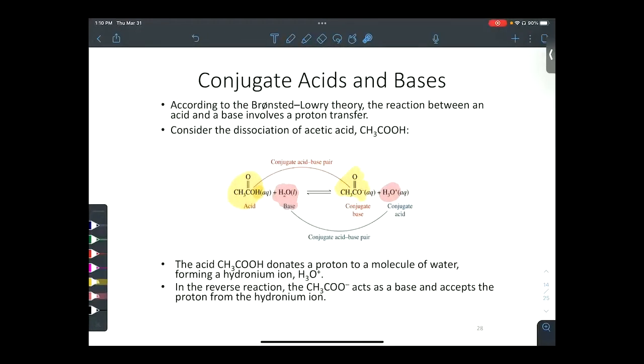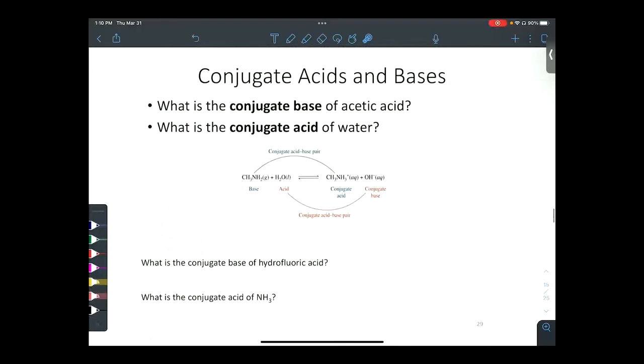Yeah, so there we go. Are we going to predict some? Yes. So in the next slide, let's predict what is the conjugate. Oh, wait, no, we already did this. Conjugate base of acetic acid. So let's pretend